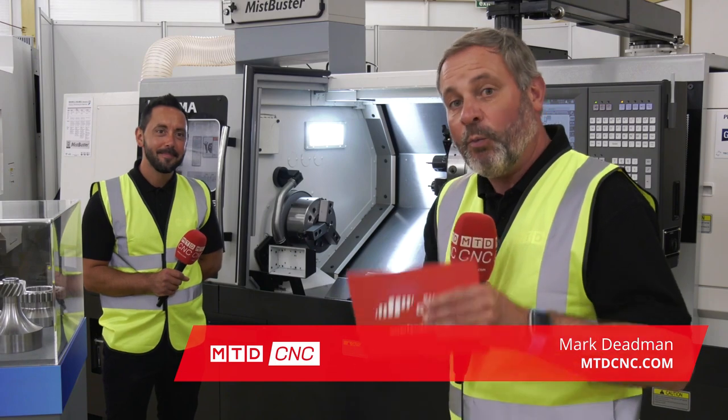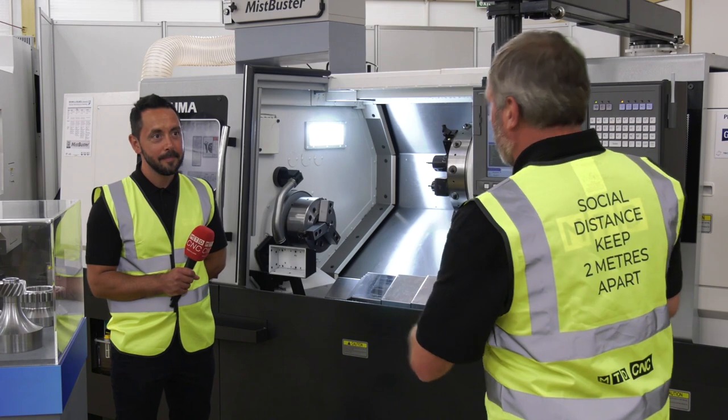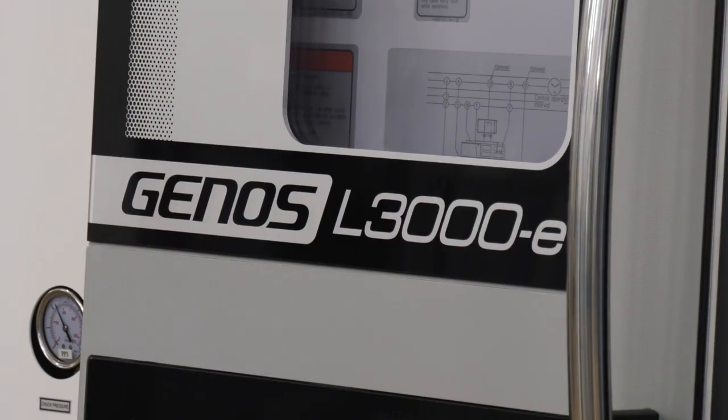I'm joined by Geo for our Push Stock campaign. We're here at NCMT in Coventry. Now, obviously they have a lot of stock which we're covering today, but we're talking about this GENOS single spindle